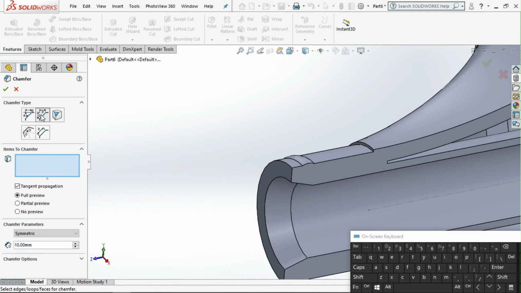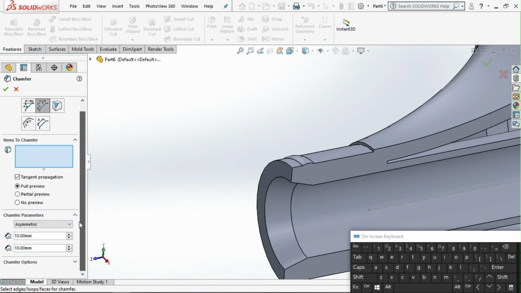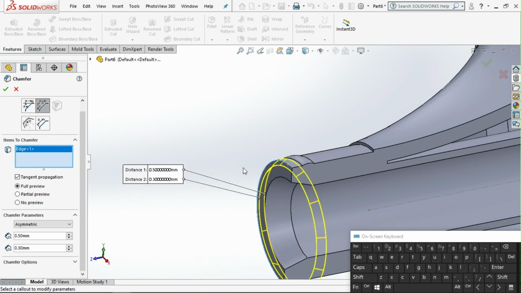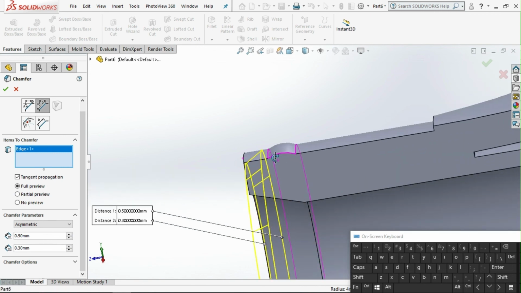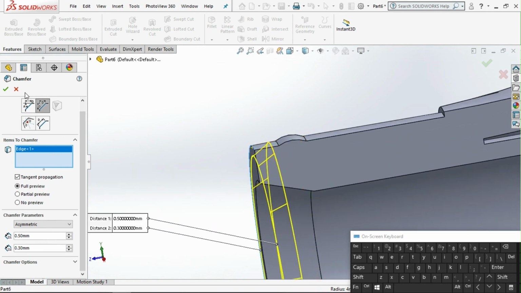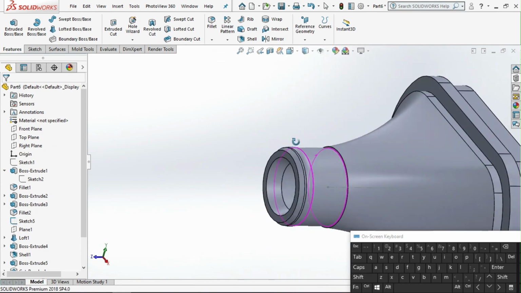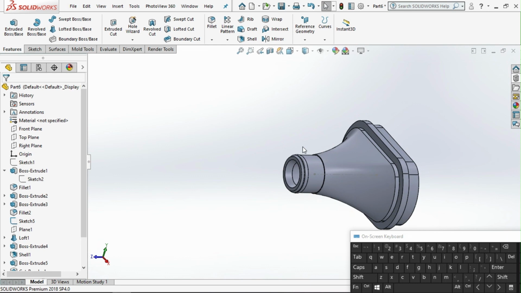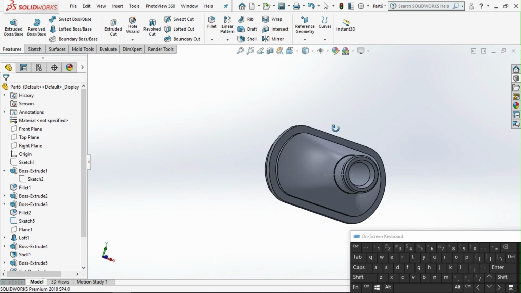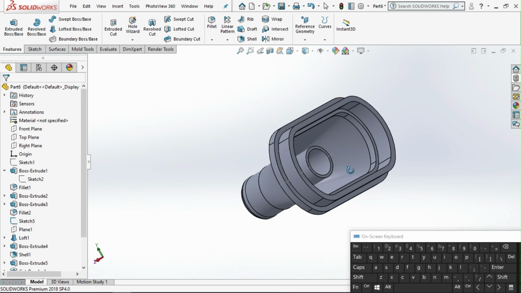So we go to dimension to dimension. Then we select this one as symmetry. This one we set as 0.5. Another one is 0.3. So item to chamfer is here. Like that. Okay. See? Now we're done already. For cone of highlight,